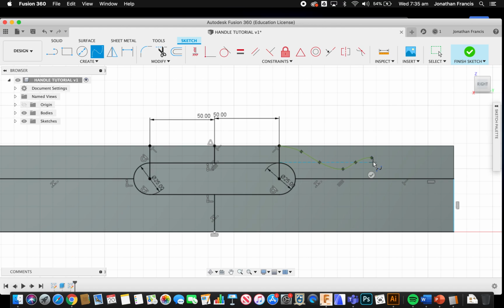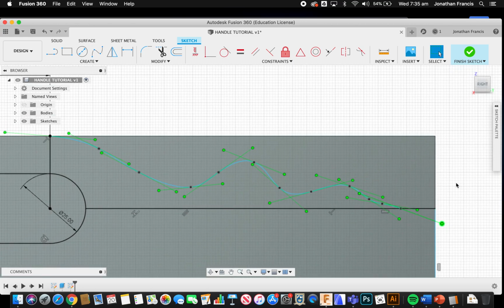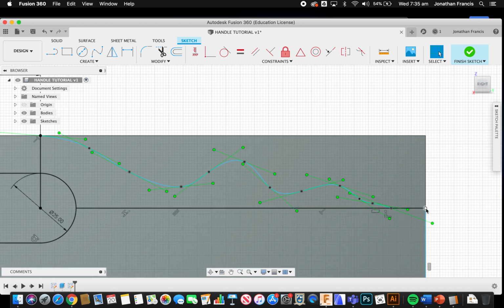and we can make this look however we like, as long as we end up coming down here to our 42. So I'm just going to hit enter there. I'm going to zoom in here, and I'm going to put a dimension between this last node here and the side. So D for dimension between that point and that point, and I want that to be 12. So I select all of that, make that 12,